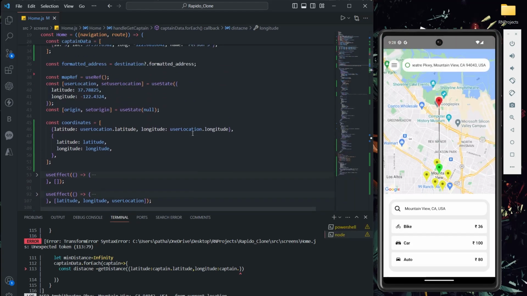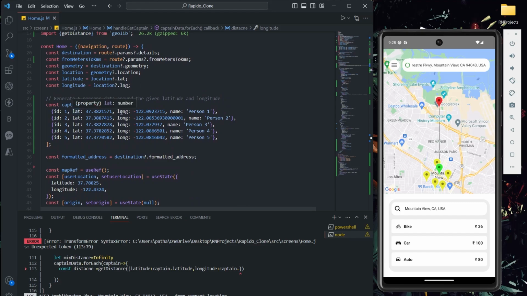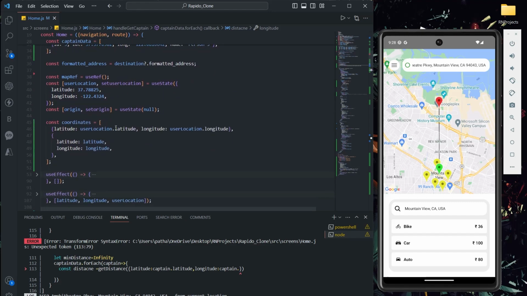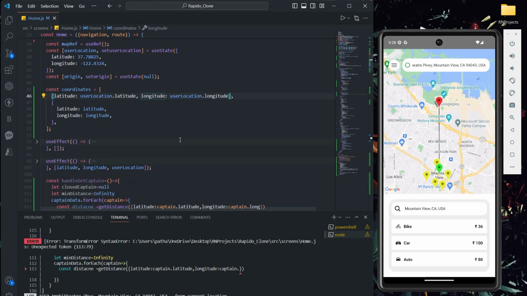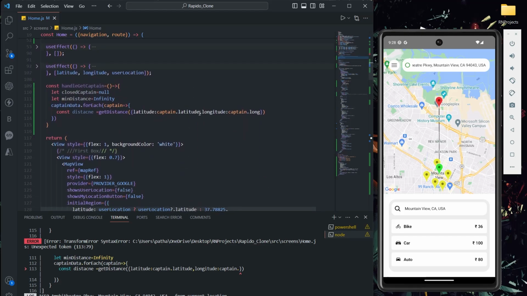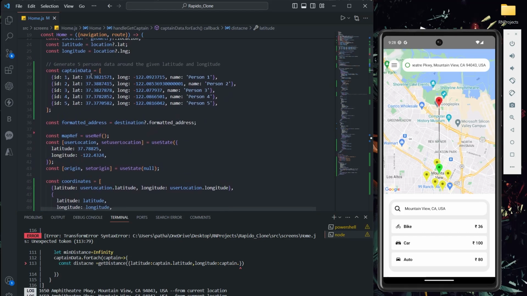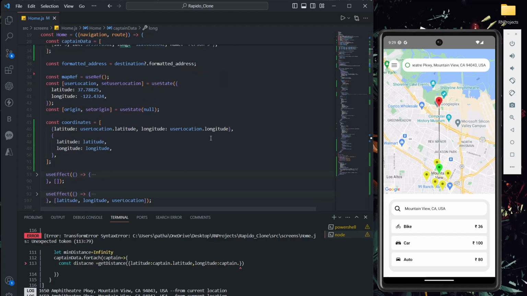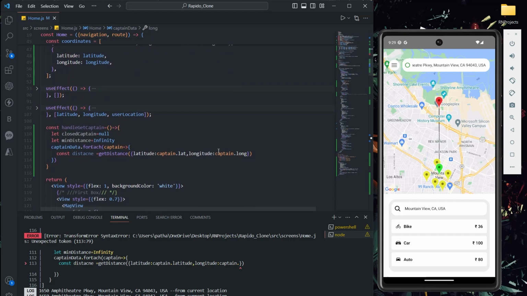I kept it as lat and long, so I have to pass it like this only. Key names have to be the same, so instead of latitude I kept it as lat, and for long also I kept long. And I have to pass one more object which I am going to check.